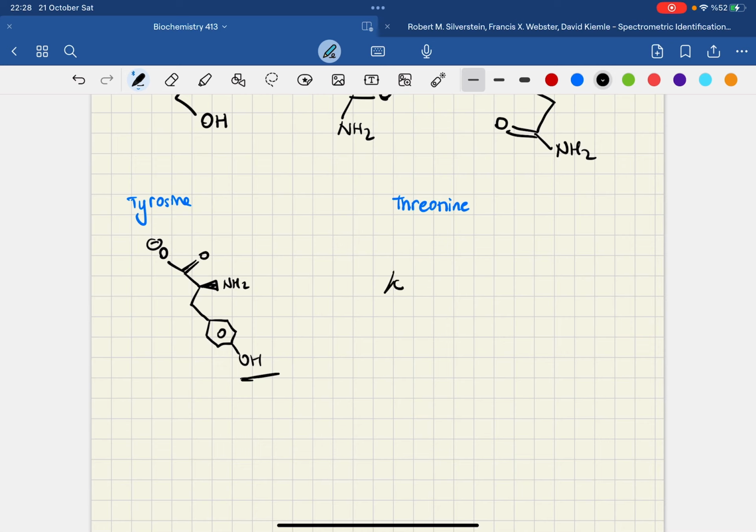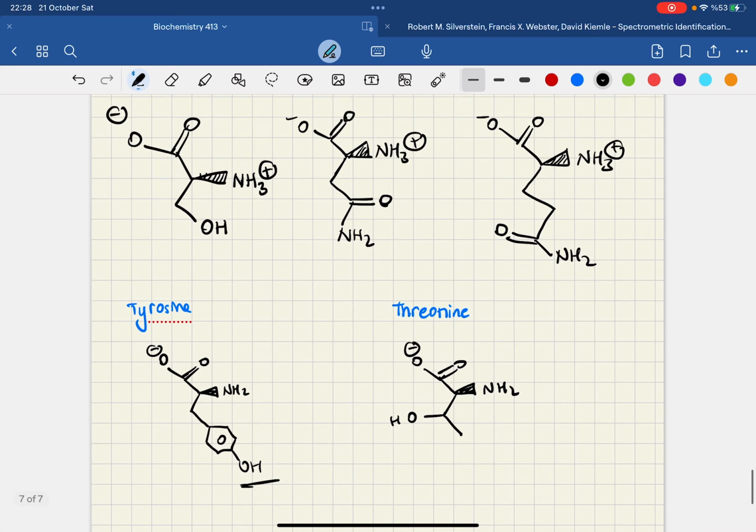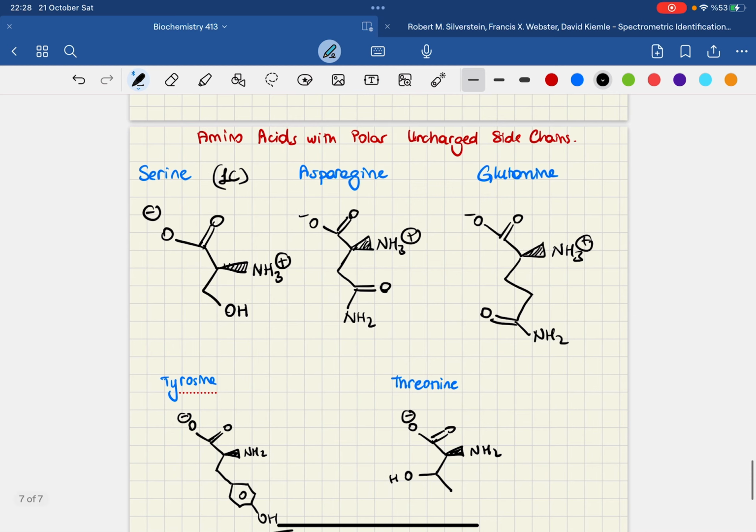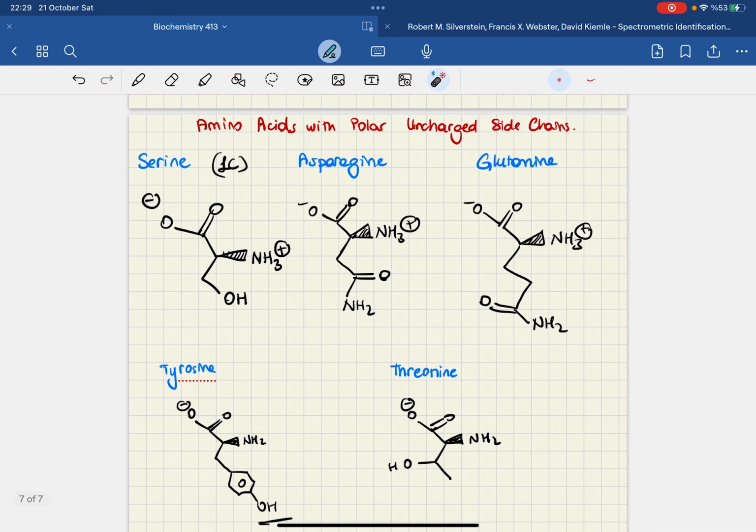We have, as always, our carboxylic acid group, and then carboxylate, and then we have our amine group, and then we have our one carbon, two carbons, and an OH group, and this is threonine. Now let me revise what our polar